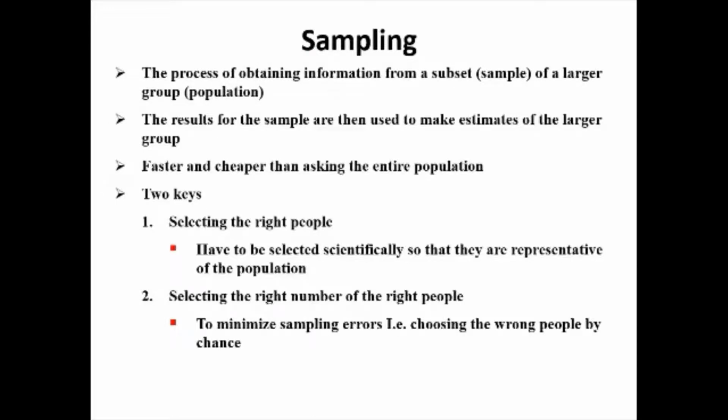The main purpose of deciding sampling size in a scientific way is to avoid sampling error. Sampling error means it should correctly represent the whole population. The population is 1 lakh, but your sampling size is only 100. It is not a correct proportion to the whole population. So your sampling size should be a correct proportion to your population. So that is the second important key point.